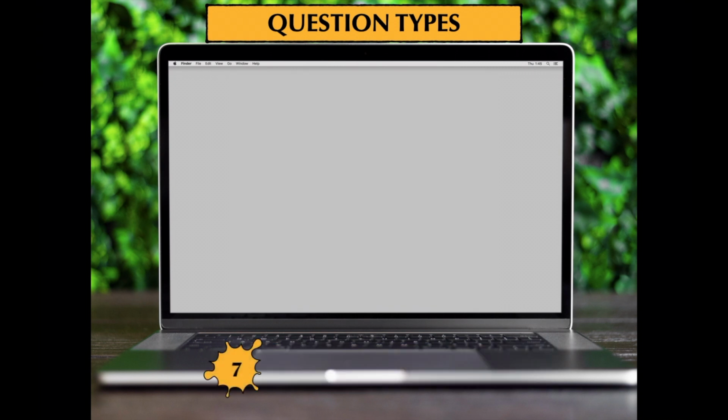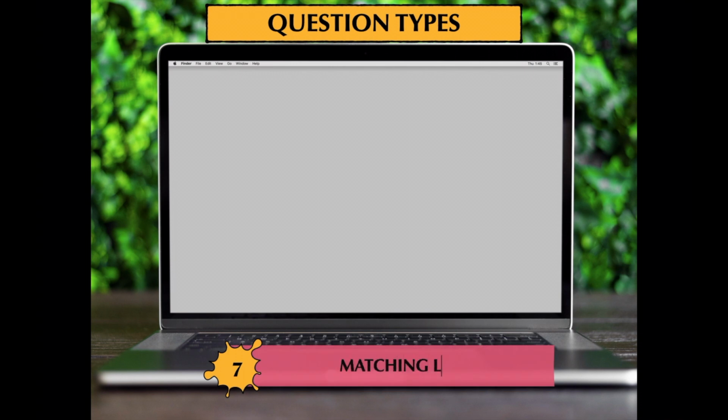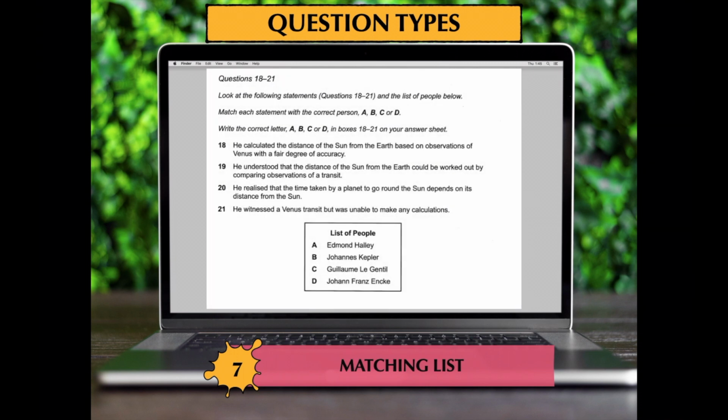After matching paragraph heading, we have another question type, which is matching list. So in this, we have a list of people. You will use the list of the people, names, etc. in order to match with the information that is given. Keep in mind that the names of the people will be matched to their own dialogues and their own ideologies. So one hint that you can get from this question type is that the answers will be hidden in the inverted commas, which will be displayed in the passage clearly. So solving this kind of question type becomes a lot easier when you know where to look.